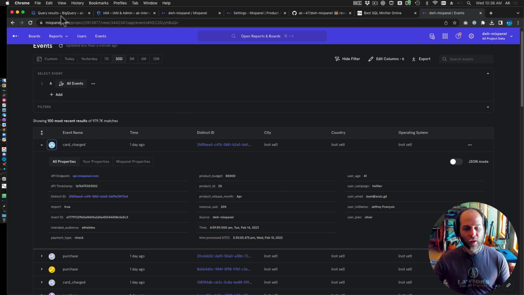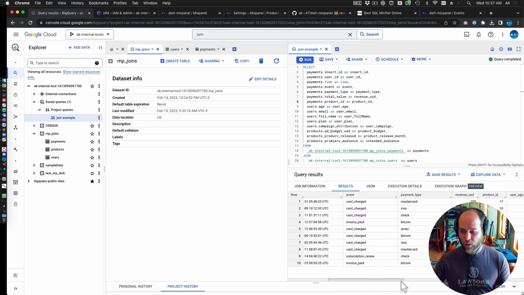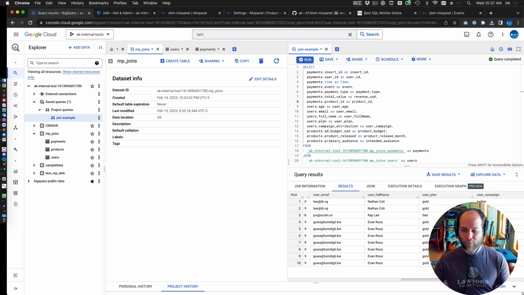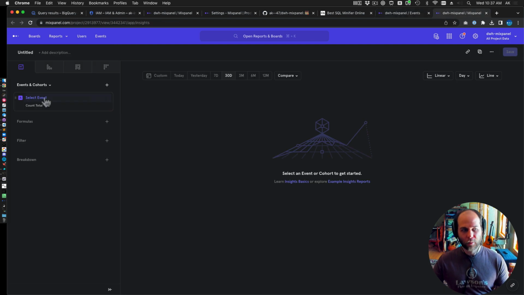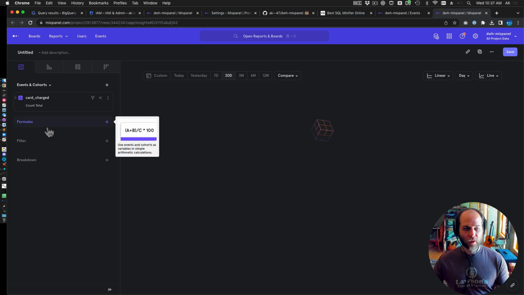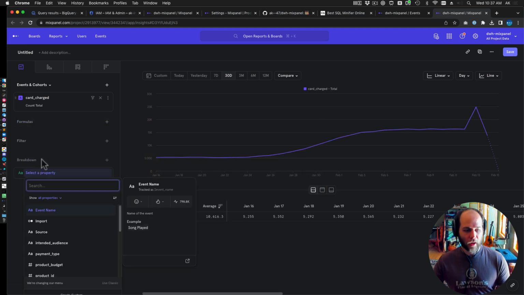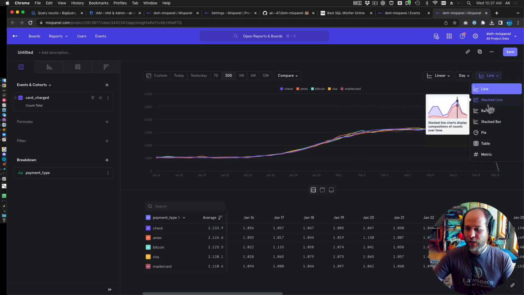Notice how everything that was in our SQL query, like project budget or product ID or product release month, is also in our event data in Mixpanel. So all of these columns automatically get mapped using the column headers as key names. That's great because it means we can start analysis right away in Mixpanel and do things like look at the number of cards that were charged, broken out by payment type, and get that fast segmentation